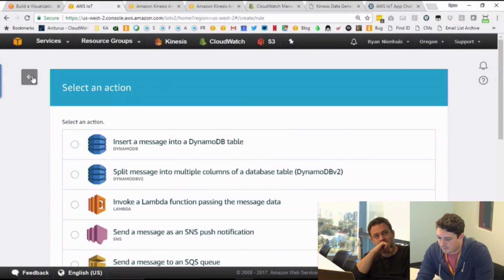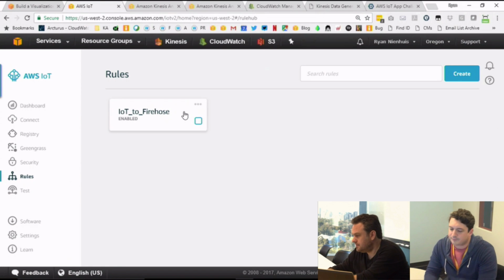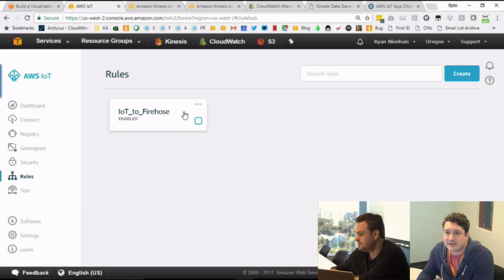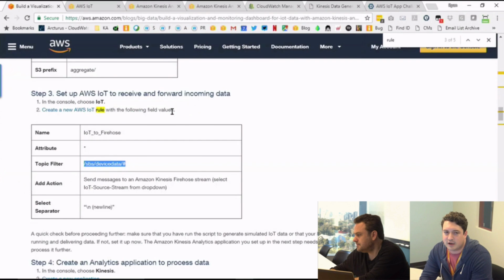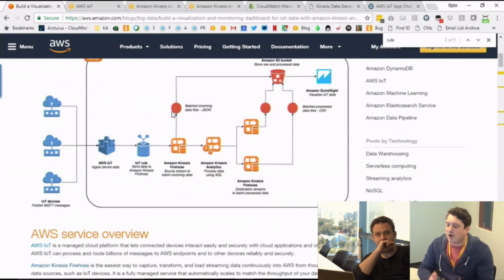I'm not actually going to create it because I've already created it for you. So this is the rule, and it's enabled, it's turned on. I'm going to give you another best practice that I have while building these end-to-end applications, and that's to use CloudWatch and CloudWatch dashboards very liberally, because it's a lot easier to visually verify that data is flowing into and out of solution X. As you can see in this architecture diagram, we're building a continuous pipeline, and before I move on to the next step, I want to verify that data is flowing through it.